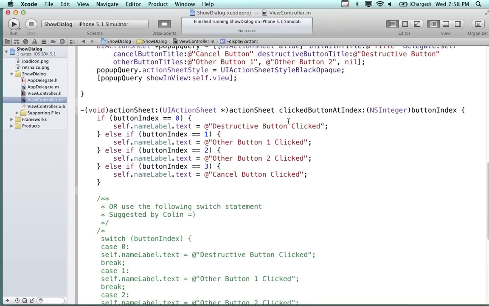And then what we have down here is the action sheet items. So it was setting the name label.text. Another way of setting that, instead of using a set text, it used a dot text on the label. Same process as we saw a few minutes ago. What we did before was Objective-C. This is kind of hybrid C, Objective-C, because we're setting the property instead of running the set and the get